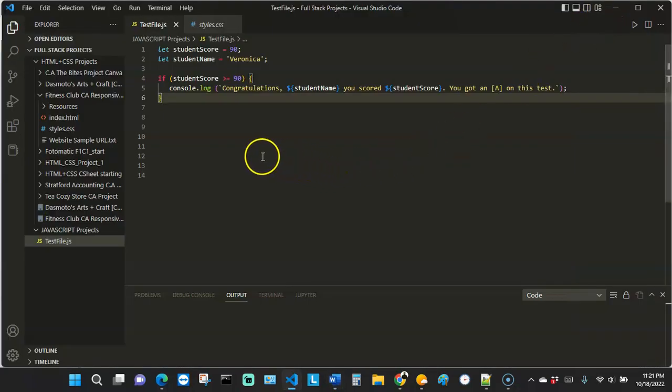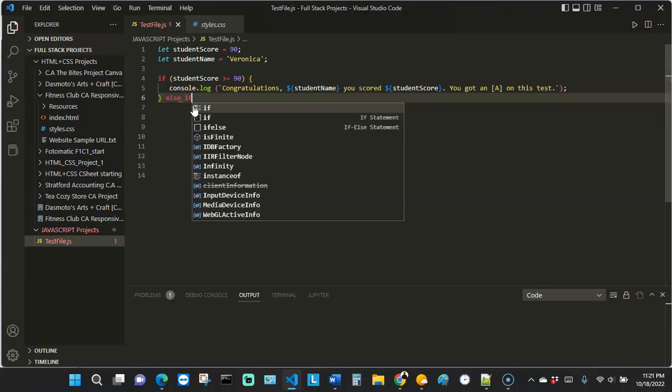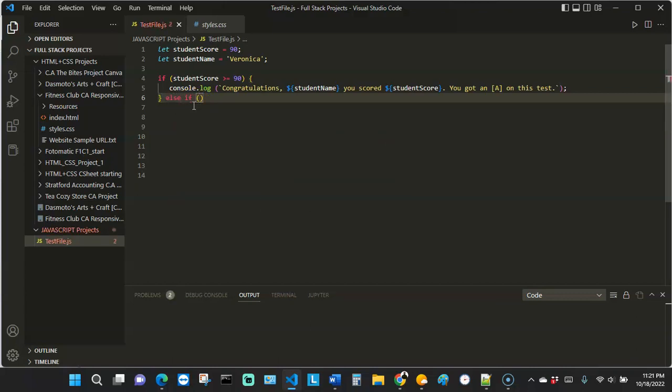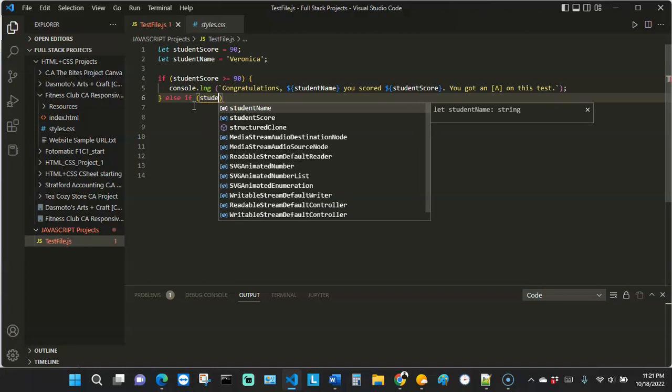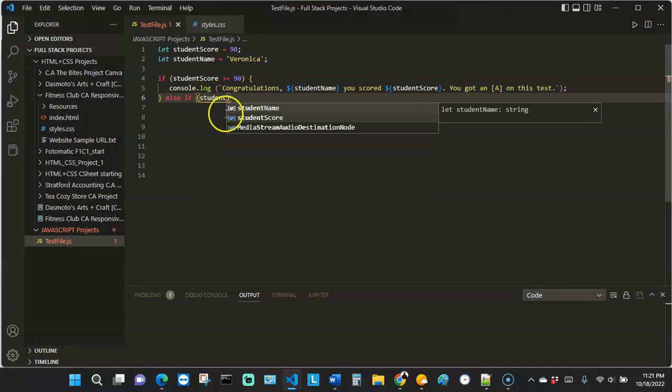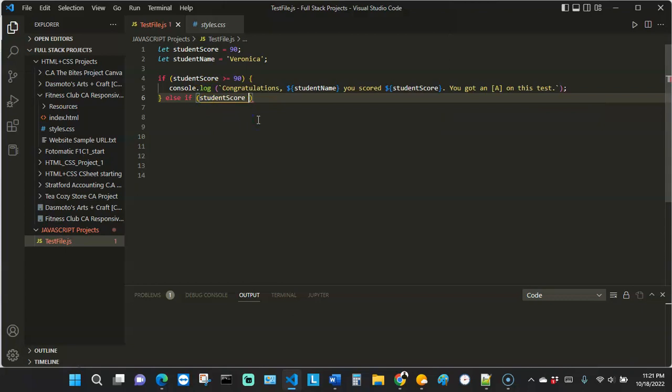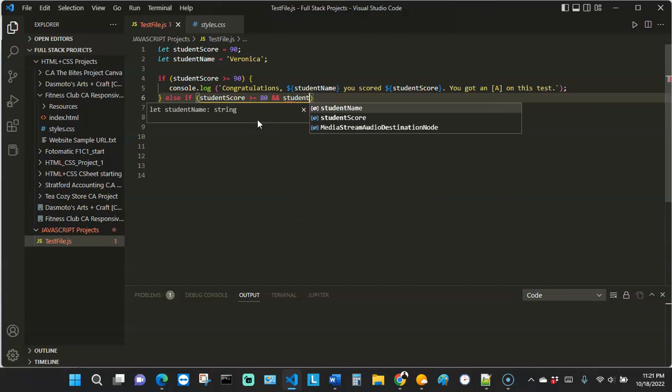To do that, we're gonna say else if student score is greater or equal to 80 and student score is less than 90,